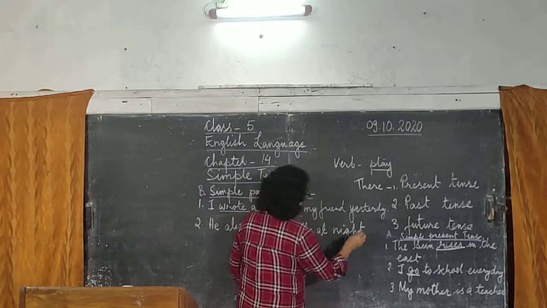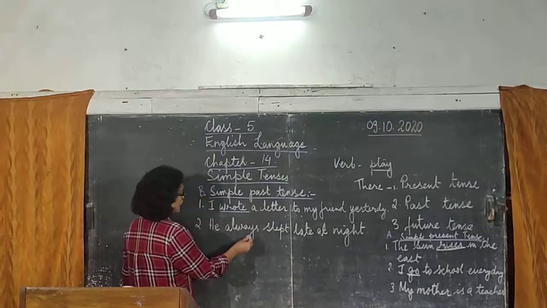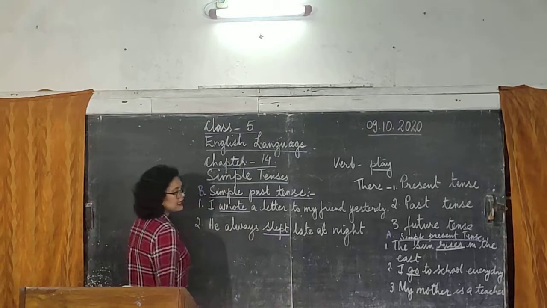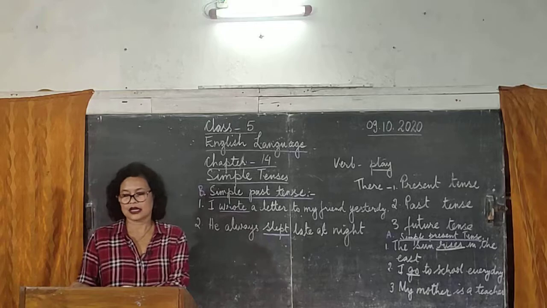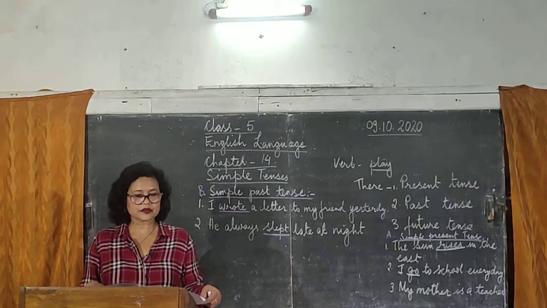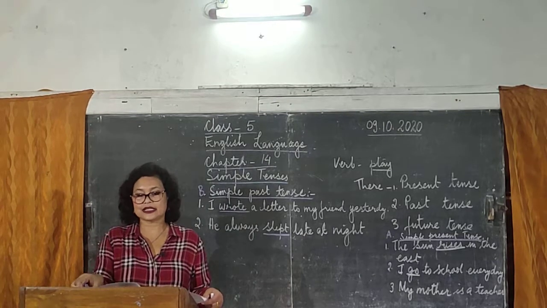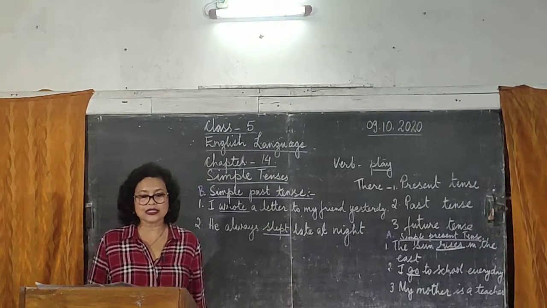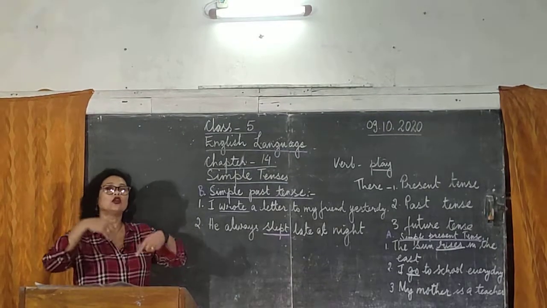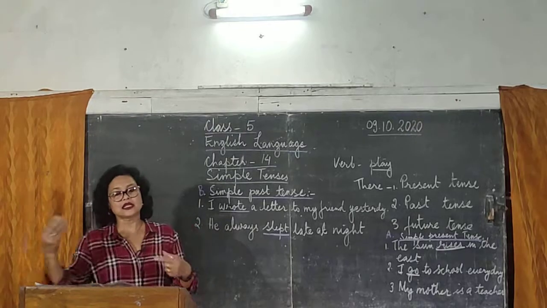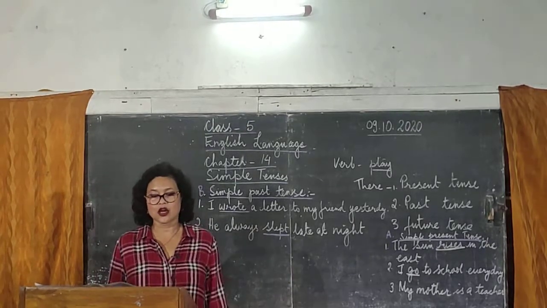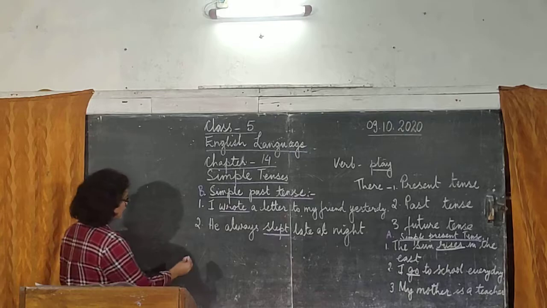He always slept late at night. This is habit, okay? He always slept late at night. And number 3, to express an event that took place long time ago. That had happened long time ago. Many years ago. That is also in the past tense. For example, number 3,